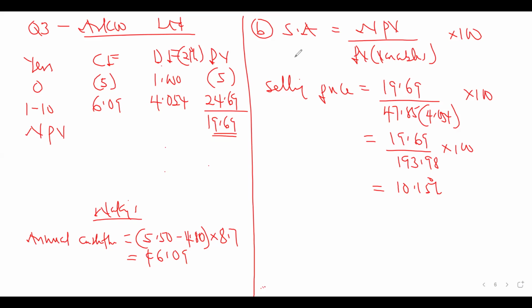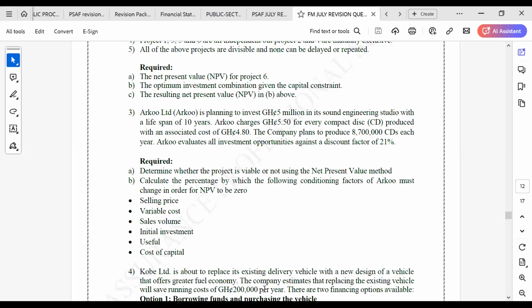Okay. So if you reduce, you'll be getting 4.9 something, isn't it? If you reduce your selling price by that, it's supposed to give you the same value as the cost because of the approximation. You'll be getting 4.880, but because of the approximation, that's why we are having the 4.90.